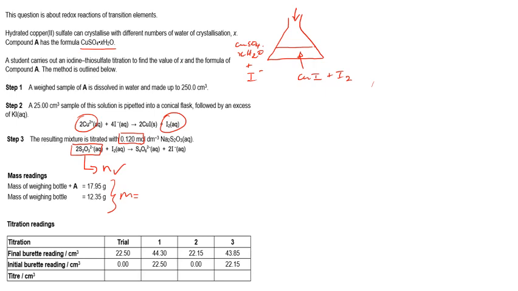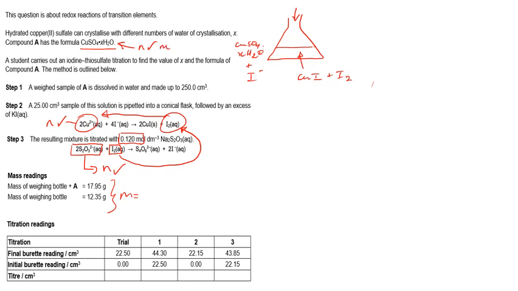So we'll be able to find out the moles of thiosulphate, in which case we'll be able to find out the moles of iodine that was in our conical flask. Then we'll take that back into this equation and use the moles of iodine in our conical flask to get back to the moles of copper that were in the original solid sample. So then we're going to have moles of copper ions, and that's immediately related to moles of this. Because there's a 1-to-1 ratio between copper and hydrated copper sulphate, we're going to know the moles of copper